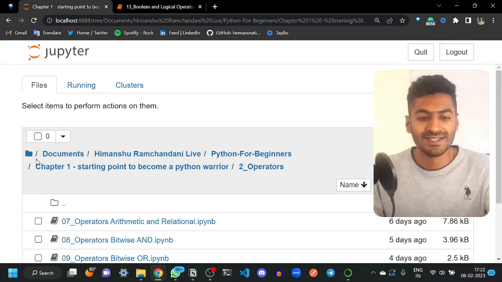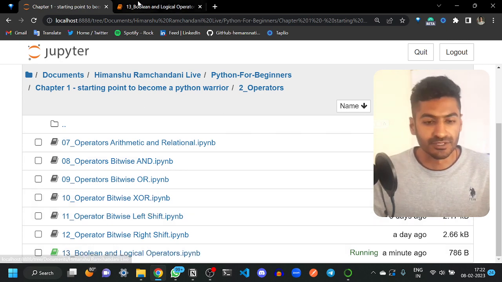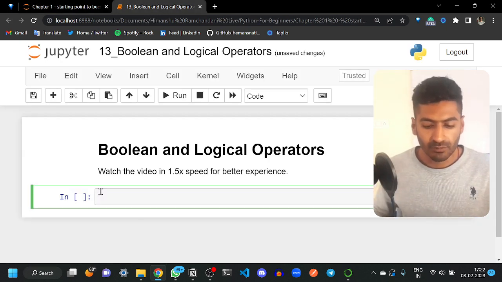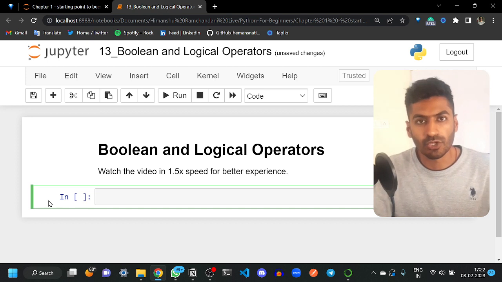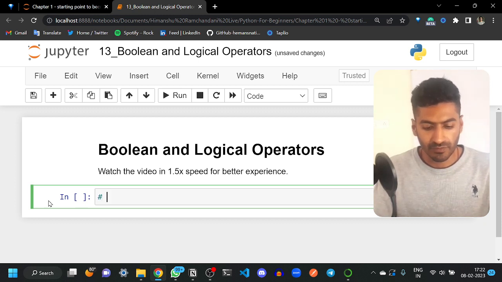Hello everyone. So let's start with the next topic, that is Boolean and logical operators. What are Boolean operators? We already know them, as you have seen in relational operators. Relational operators return two values, either true or false. So if we talk about Boolean operators,